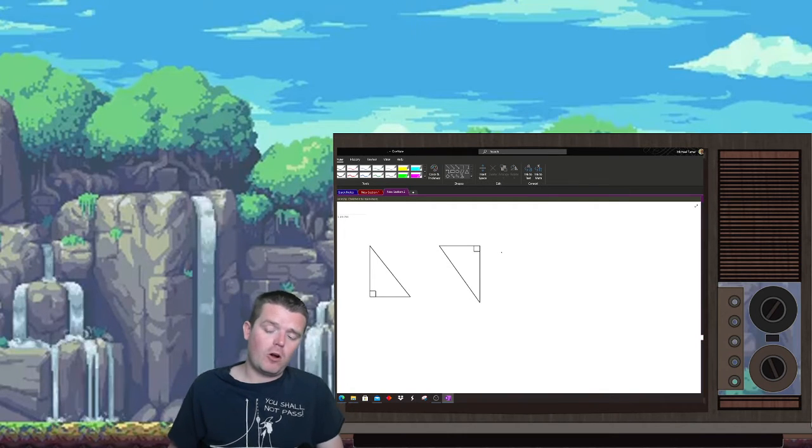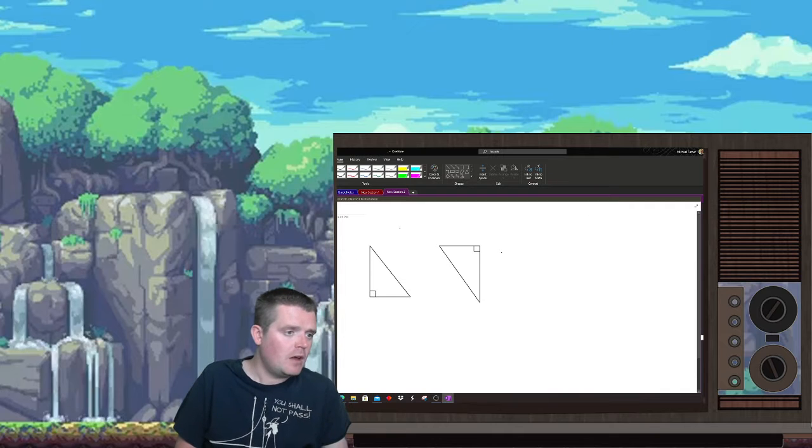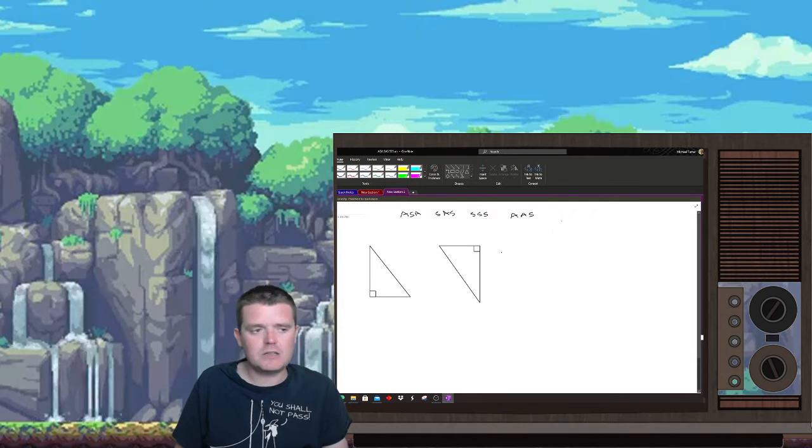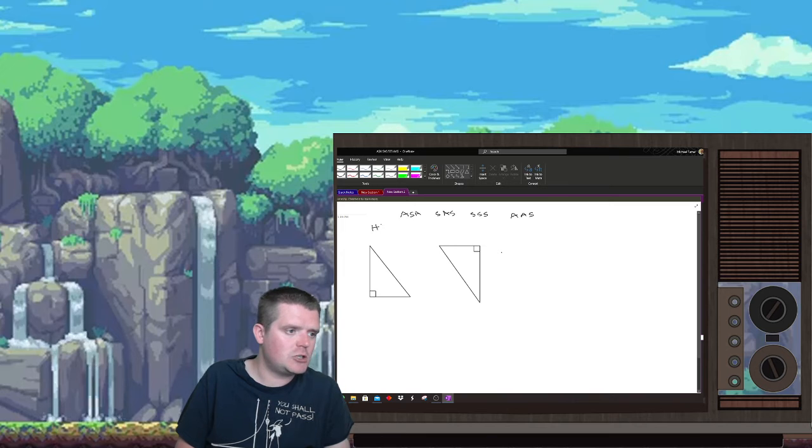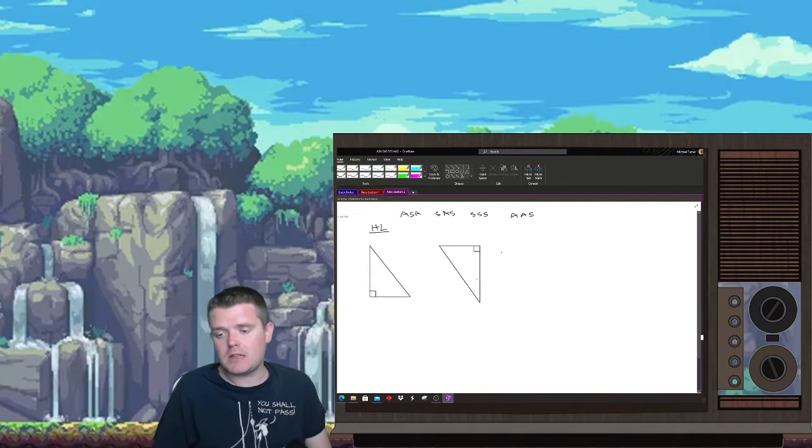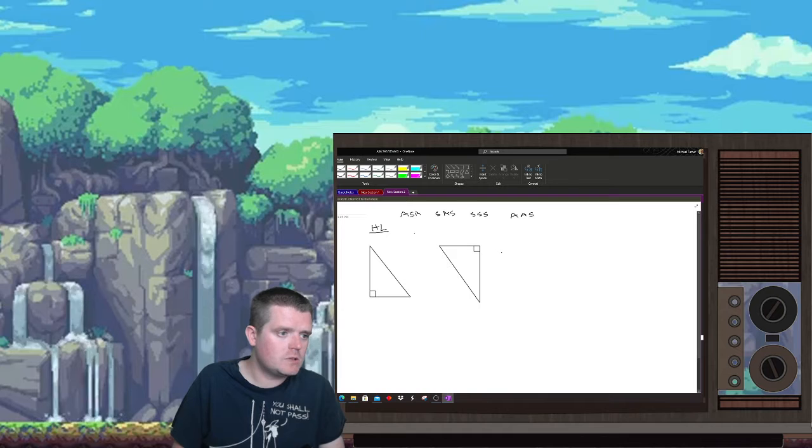What we're looking for are the congruency symbols. So we have shown angle, side, side, side, side, and angle, angle, side. Those are all congruency postulates. The title of today is HL. This is a special case that is only applicable to right triangles, and HL is going to stand for hypotenuse